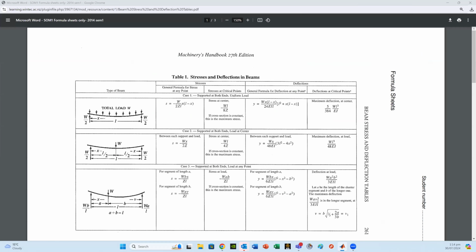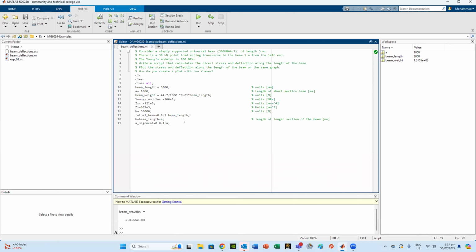So for A segment, I'm telling it to start from this point, which is 0, with an increment of 0.1, 0.2, 0.3, 0.4, 0.5, till you reach the 1. And that's to calculate everything, stress and deflection, around that point. Okay, go back to my script. So we have the A segment. The same thing, I could do the B segment